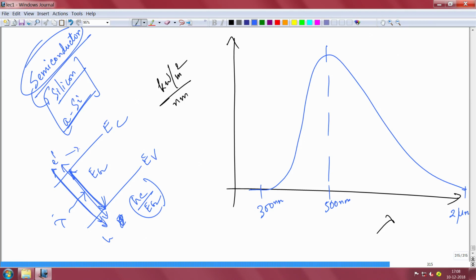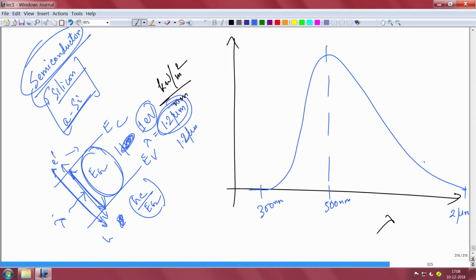Those things will come. Okay, and photons whose energy is lower than this band gap. Suppose the band gap is 1 electron volt, which is close to the silicon band gap. The lambda corresponding to that will be around 1.2 micron. So essentially all the photons whose energy is more than 1 electron volt will be absorbed. In other words, all the photons whose wavelength is lower than 1.2 micron,